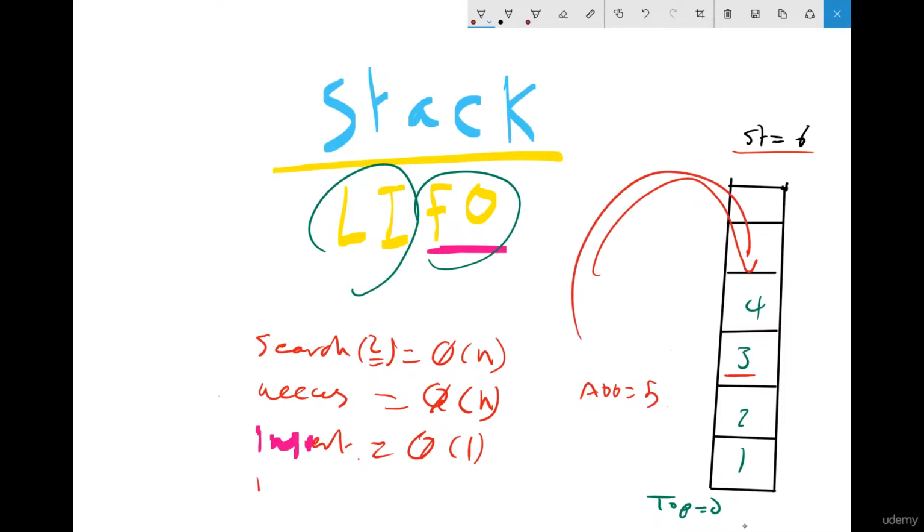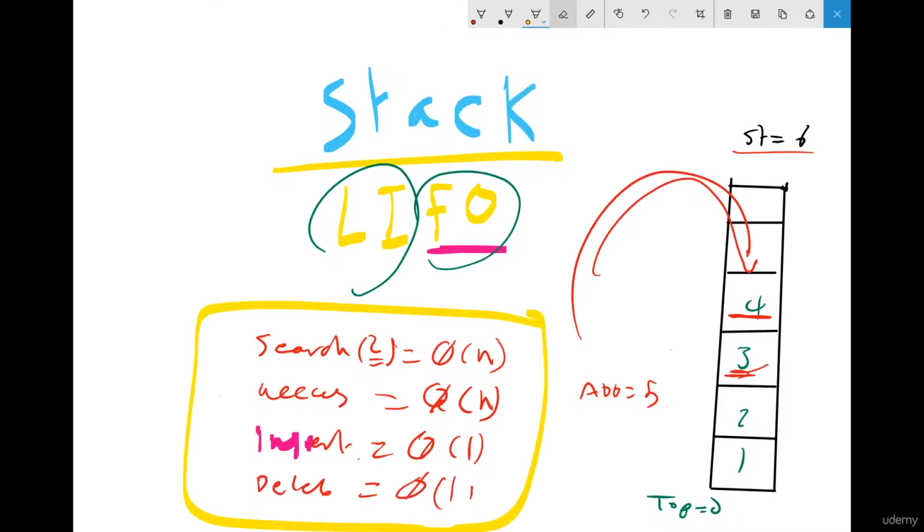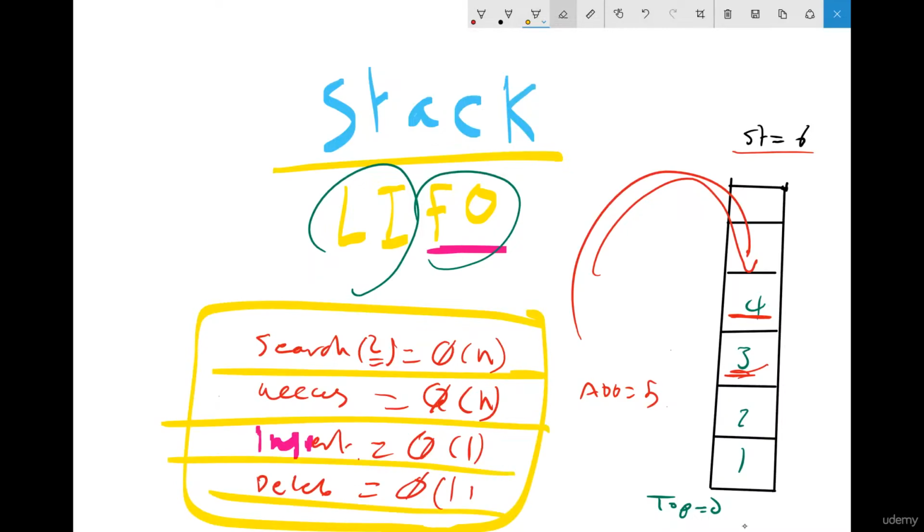So it takes O of 1. Delete is the same thing. When you delete, you can delete only the last element. So when you delete this one, then this one, it takes O of 1. So this is the big O notation for a stack. See search, access, insert, delete, and see how the stack works. So now next, when you see